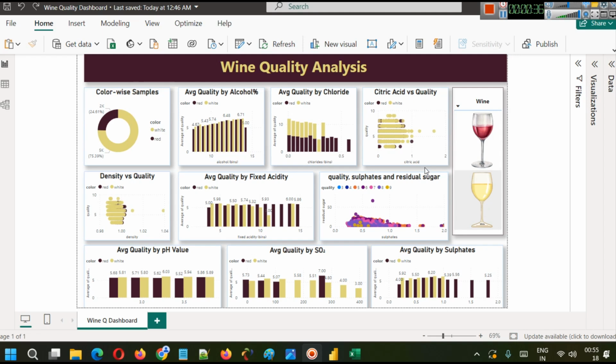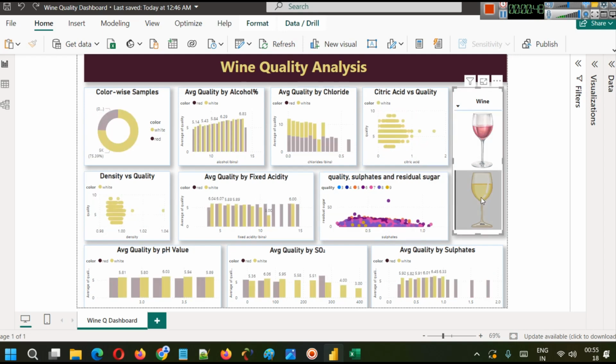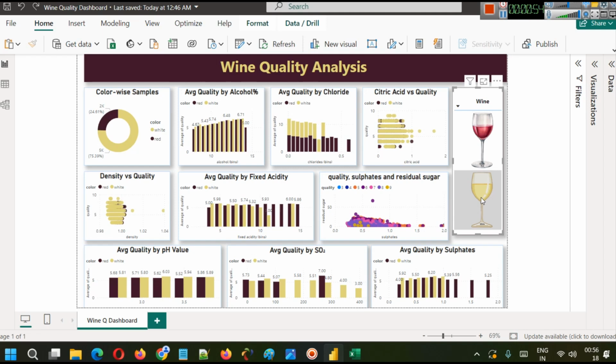So wine quality variable is the output variable here, and we have simply used these two images. On the basis of these two images you can apply filters. This is red wine, this is white wine, and you can see different parameters, different attributes changing their effect on the overall wine quality. So for example, average quality by alcohol percentage, alcohol quality by chloride, citric acid versus quality,